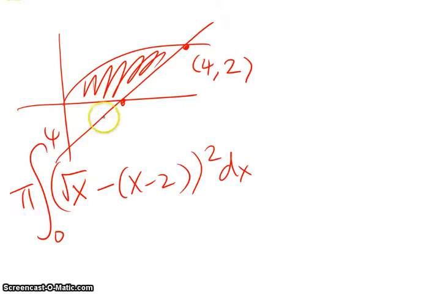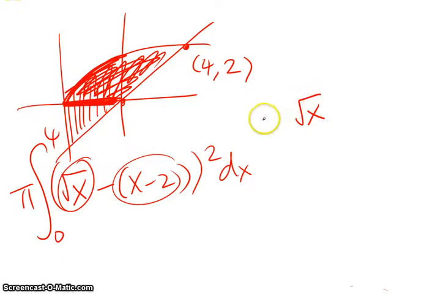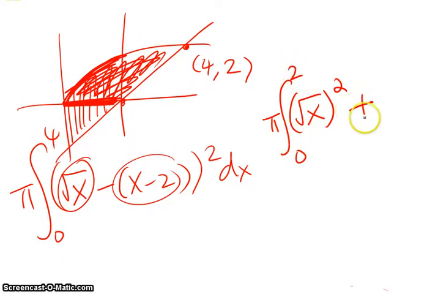Because if you do pi x minus this, in here it will be this area. But no, we only want this area, not the whole thing. You need to do it in two separate integrals. In the first part, you only have root x, and then the bottom ceiling is not x minus 2, it's just 0. So you will do root x, that's your radius, pi r square from 0 to 2, not 0 to 4, plus